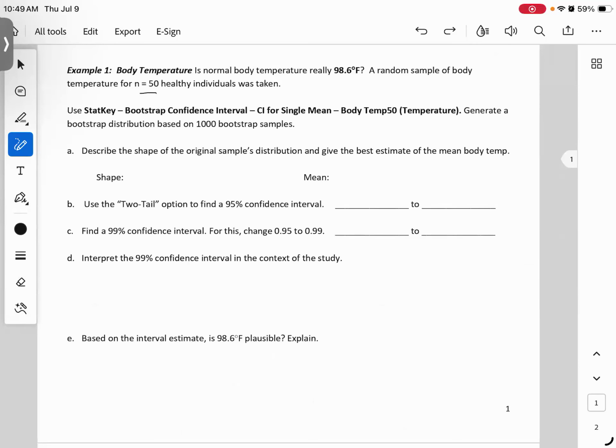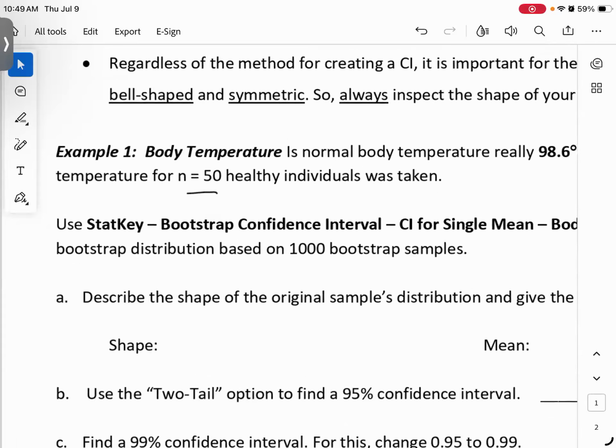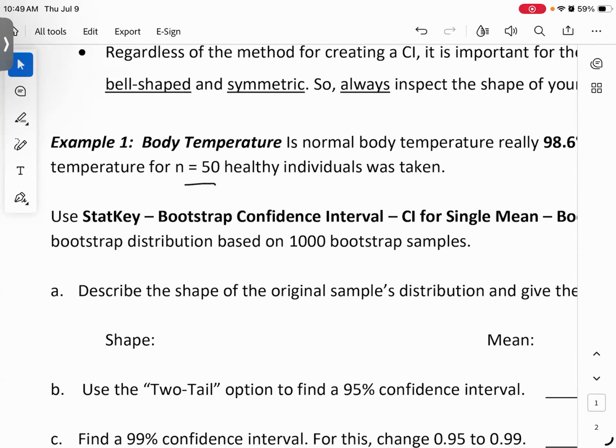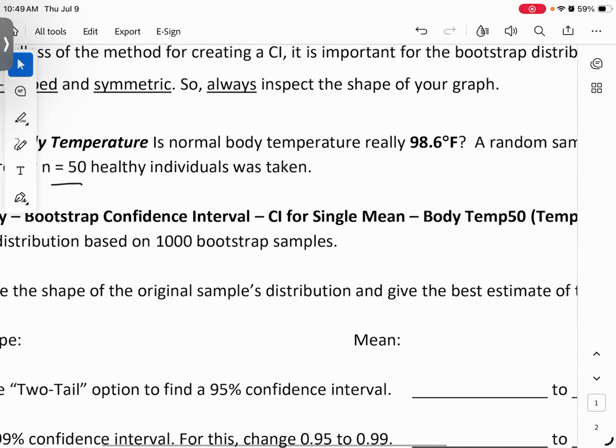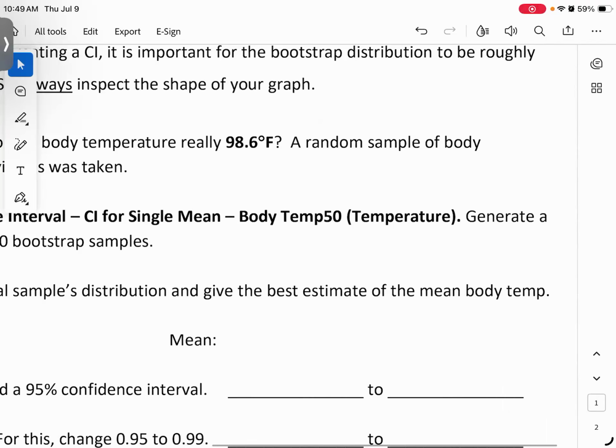But then what we're going to do is two different things. We're going to start off with what we've been doing most of the time, which is a 95% interval. At least that's what we were doing when we started chapter 3. But then we're going to ask, what if we wanted to be 99% sure about the estimate or the conclusion that we're trying to make? So let's go to StatKey, bootstrap confidence interval, specifically the one about a single mean. And then there's the data set. There's the 50 people who they did their temperature for,